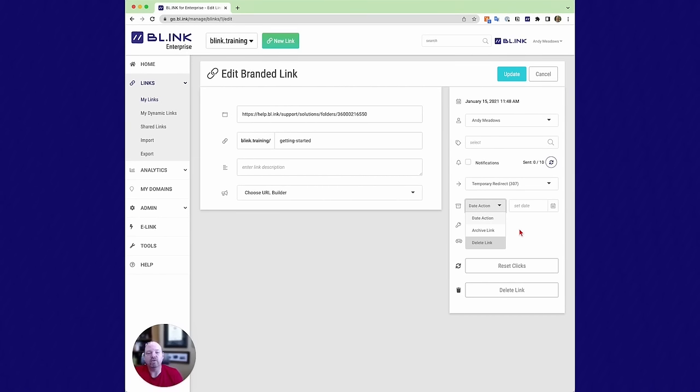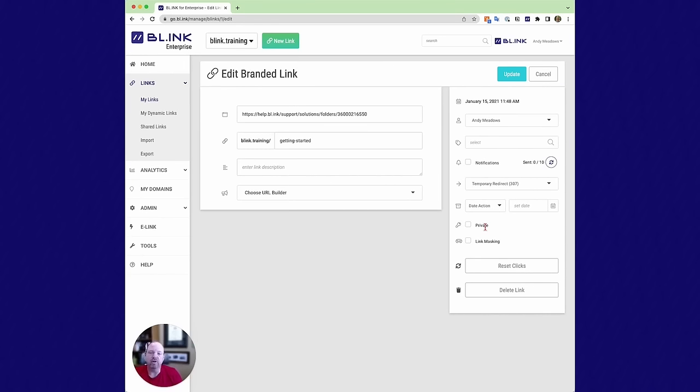There's no reason to have those links that are out there long term, so you can automatically delete that through this. And you can, again, do this through the browser as well as through the API. You can also make these links private, which means that somebody has to log into BL.INK first before they can get redirected. So we use this internally if we have links to certain documents that are internal only documents,